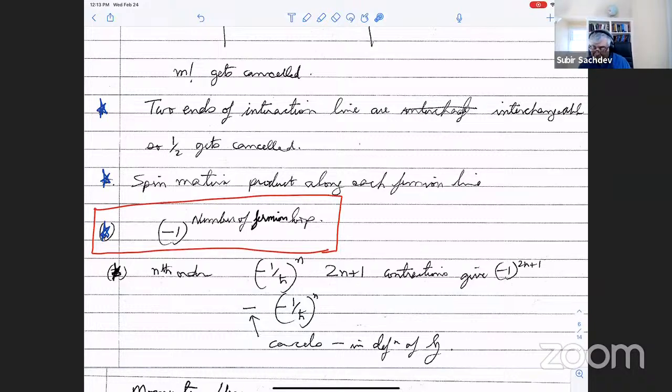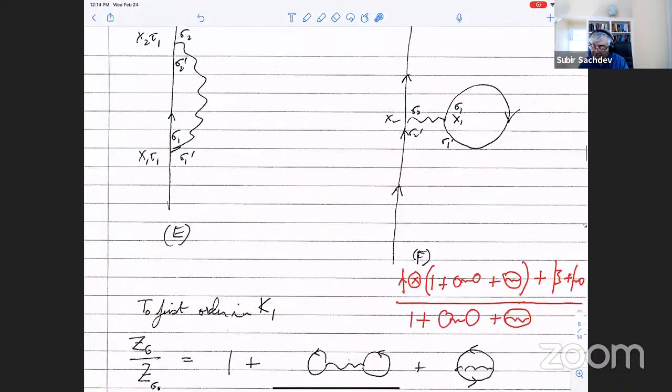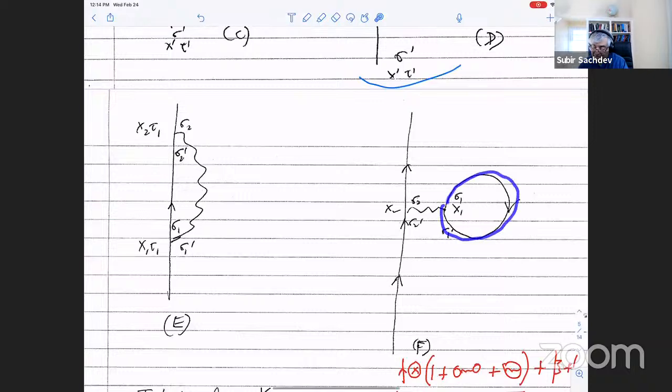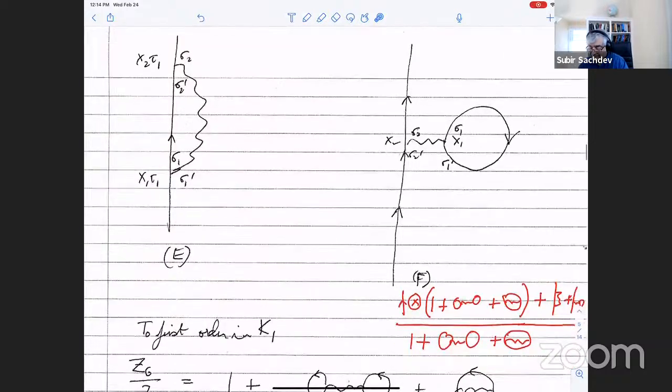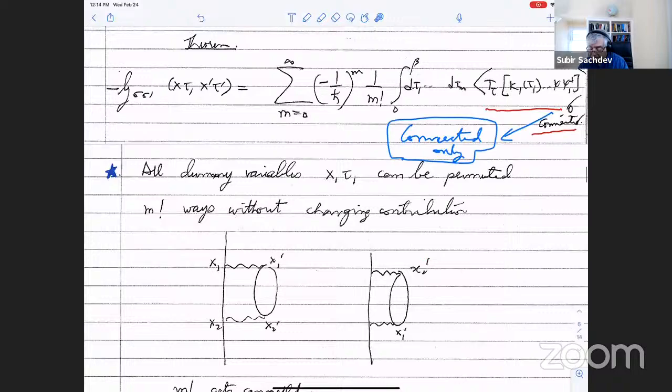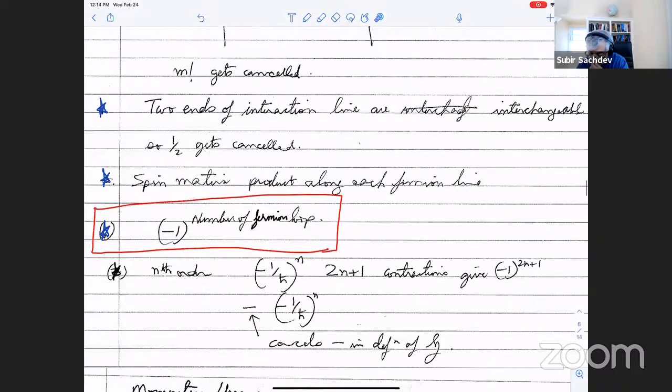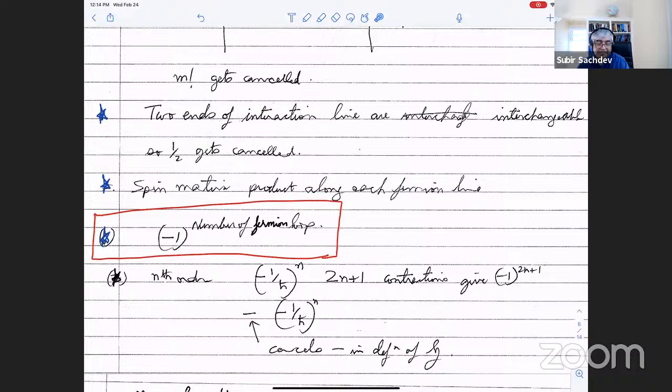Again, it's not difficult, but there's a rule that is very useful. Basically, the overall sign is just given by -1 to the power of the number of closed fermion loops. So for example, this diagram has a closed fermion loop, so it has a minus sign. This one doesn't have any closed fermion loops, so it doesn't have a minus sign. And these in fact turn out to be the Hartree and the Fock diagrams, and so they come with a relative sign, as we already know. Okay. And these rules are written down very clearly in the book, and I have a much better listing of them